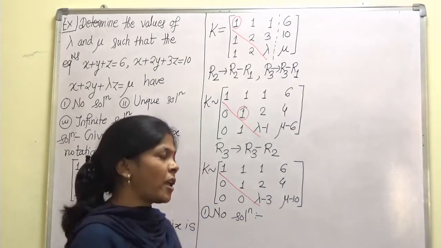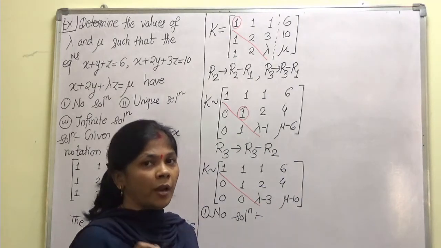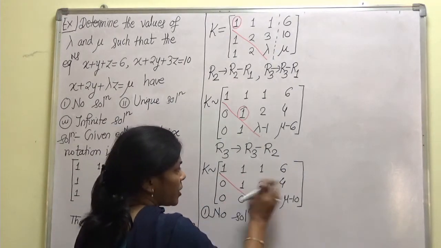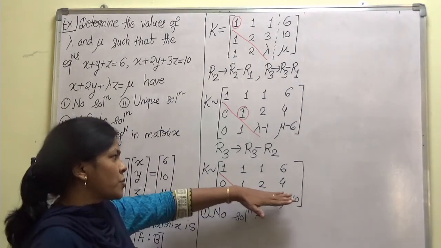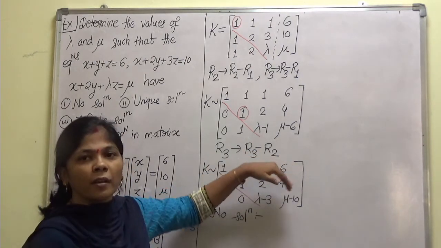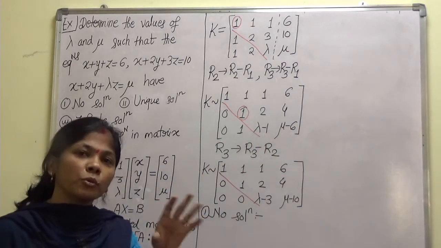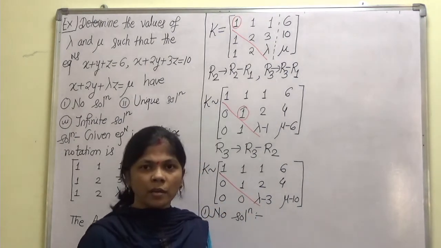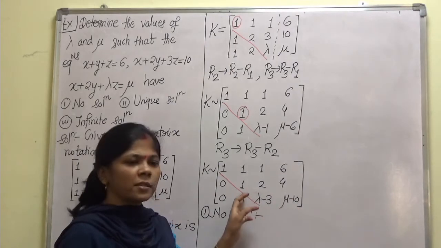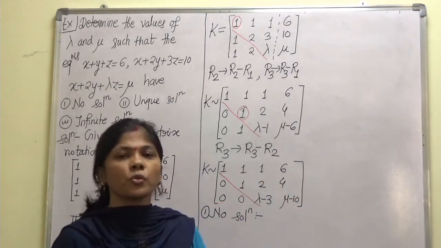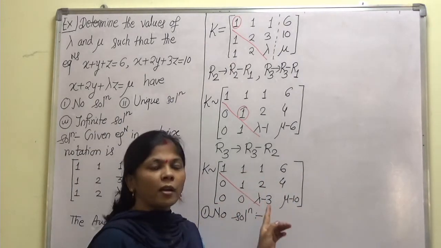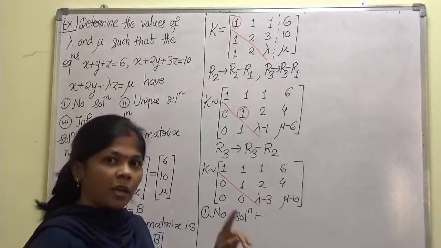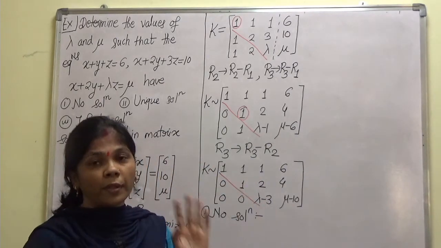Right, so here I will have to show rank of A not equal to rank of K. Now if you observe the first two rows, you will find that rank of A and rank of K will come up to be 2 anyhow. So it depends completely on the third row. Till this second row, rank of A and rank of K is 2. I have to show that rank of A is not equal to rank of K, and rank of K has to be more than rank of A.